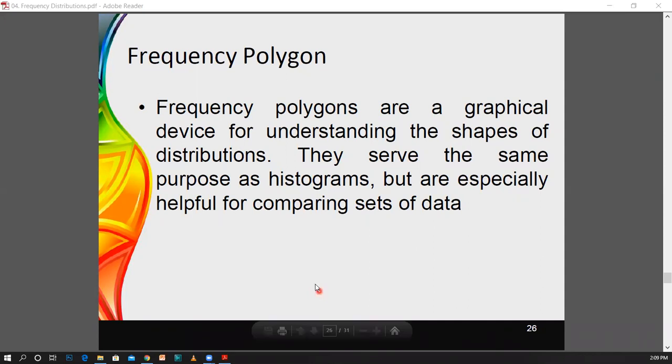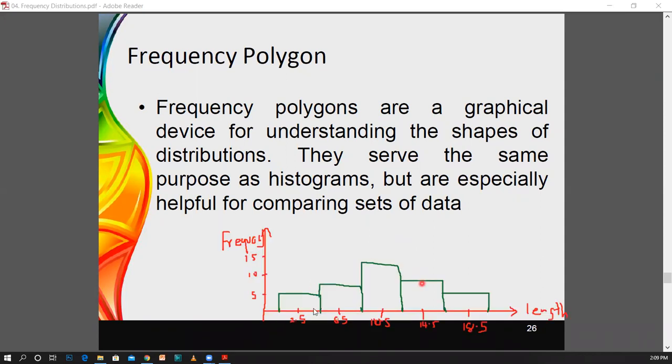If you look at this histogram, you can only get an idea for one set of data. But if there is another set of data, it is not easy to show them in the same histogram. Therefore, in such situations, if you need to compare two data sets, then the easiest way is using